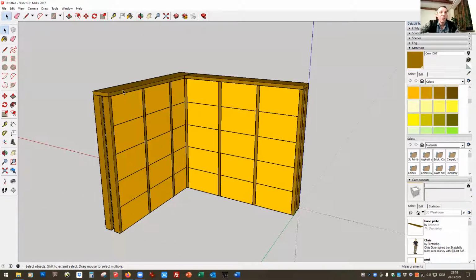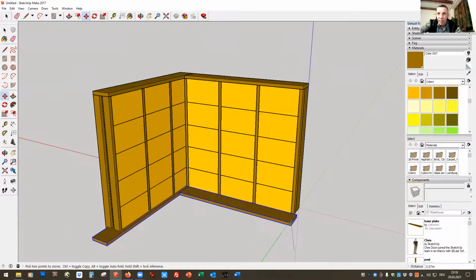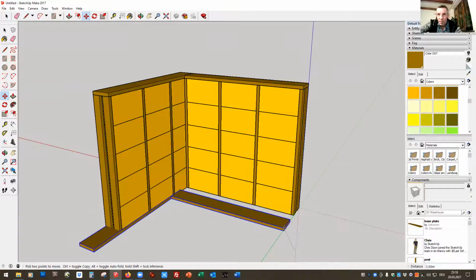I could select the two base plates and make top plates and make base plates out of it and select it and put it under my